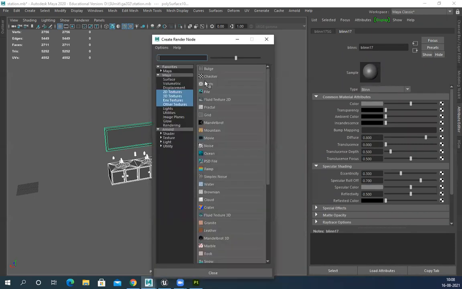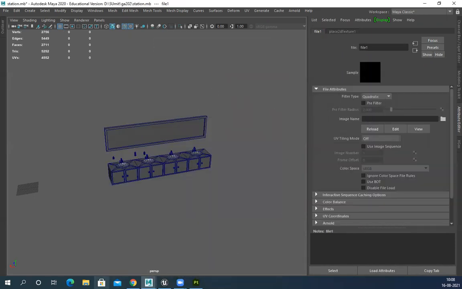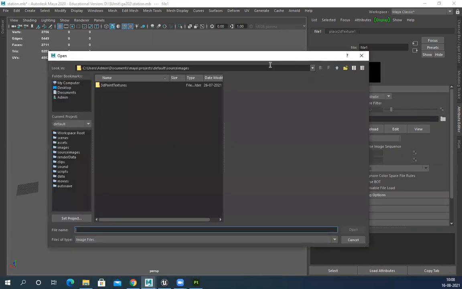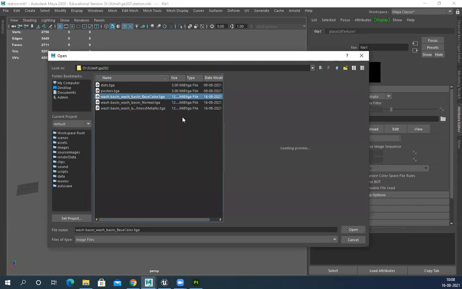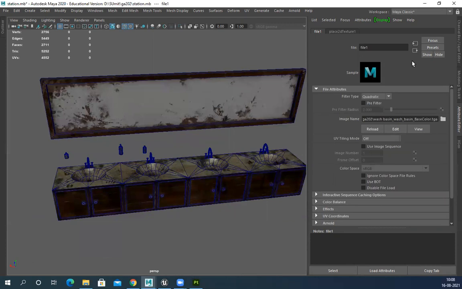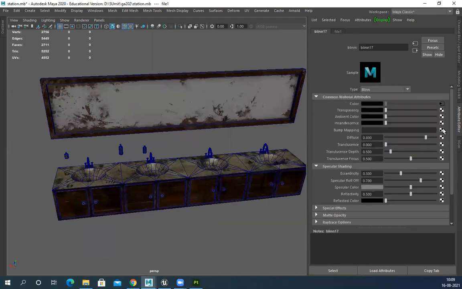Just to save some time, I'll open the folder. Okay, base color. You see the color here directly, and normal map.